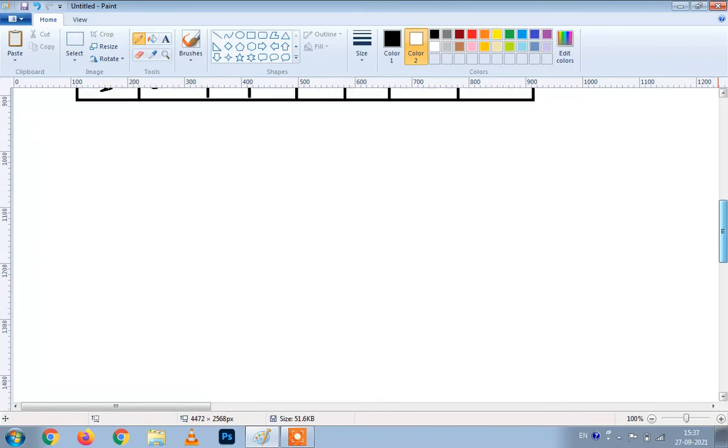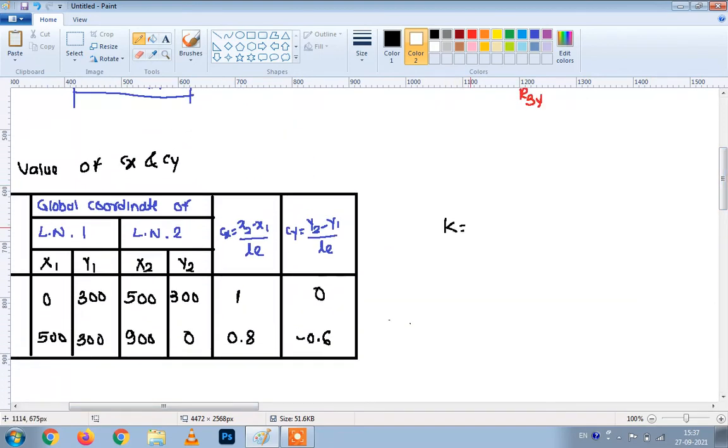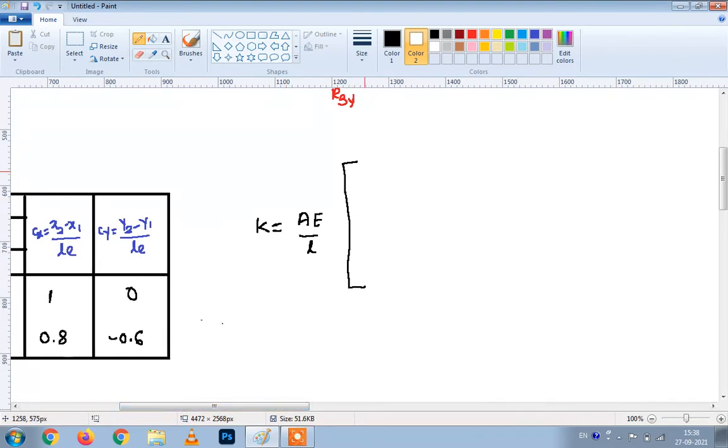Now we have to use these values to find out the element stiffness matrix. Before that, I will show you on a common note. I will write down here the value for the global stiffness matrix. How to find out the stiffness matrix? Its formula is AE by L. Now remembering this global stiffness matrix is very easy, friends. We have to just remember these four terms: Cx square, Cxcy, Cxcy, Cy square. We have to write down these values as they are at this location.